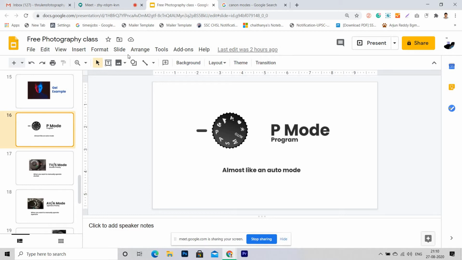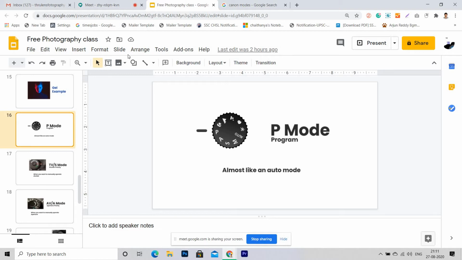For example, you went for some random photo shoot, that too landscape photography, like hills are there or some buildings are there. If you want to take a photo, you only want to change some picture style, I mean colors, or just increase or decrease brightness only you want to do, and you don't want to touch this aperture or shutter, but you want to take a nice photo.